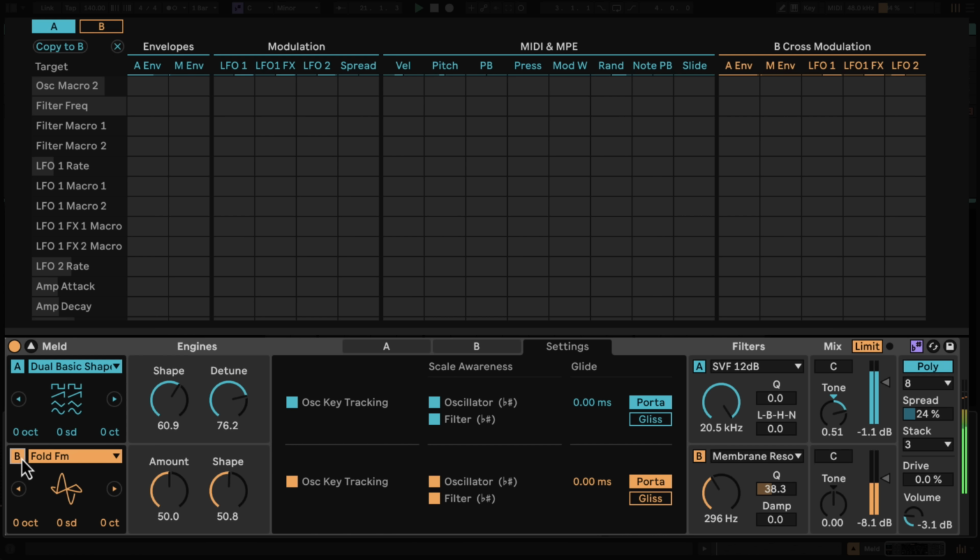Let's turn oscillator B off for now and focus on oscillator A. Over on the right, we have the glide setting. By default, if I turn the glide up, it's on portamento mode, which means it's just going to do a pitch bend from one note to the next. If I switch to glissando and have Use Current Scale turned on, it will pitch up and down in discrete steps in the musical scale. Turning scale awareness off will cause the glissando to pitch up and down in semitones instead of scale degrees.